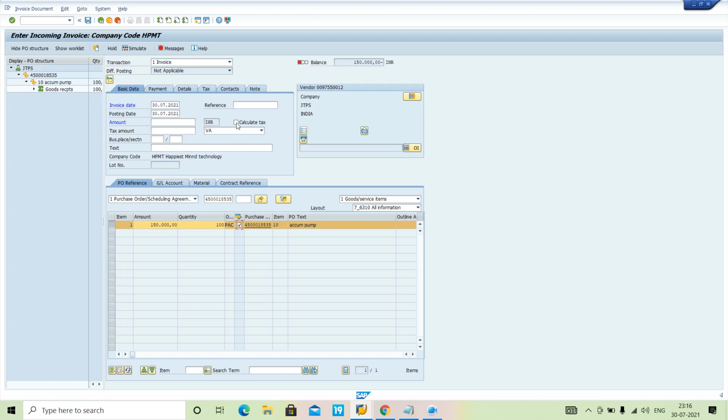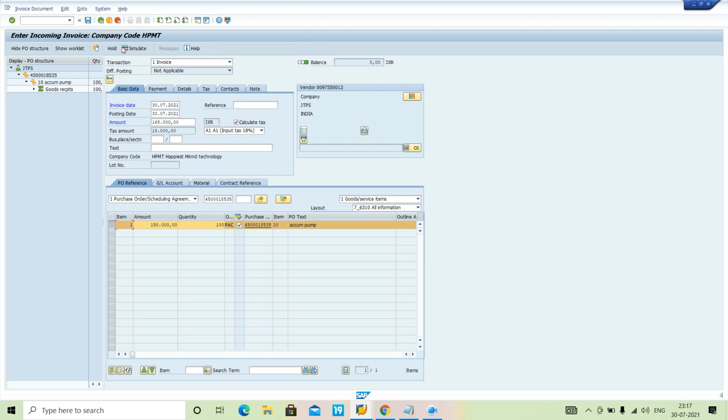So what I will do, if this has deduction of tax, you may tick the calculate tax, and you have to mention the actual tax code which is to be applied over here. So my tax code is input tax 18%. The same thing I have to apply here. If I do not apply it here, I will get a pop-up message and it will not simulate. Right now, I just have to copy this amount whatever was showing over here, paste it in here and click on enter. I will get the green. See, the balance is 0, that means the transaction I have done till now is correct.